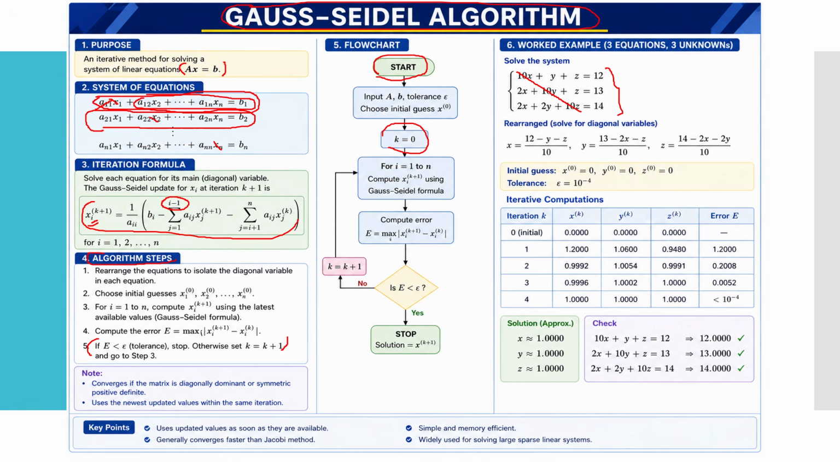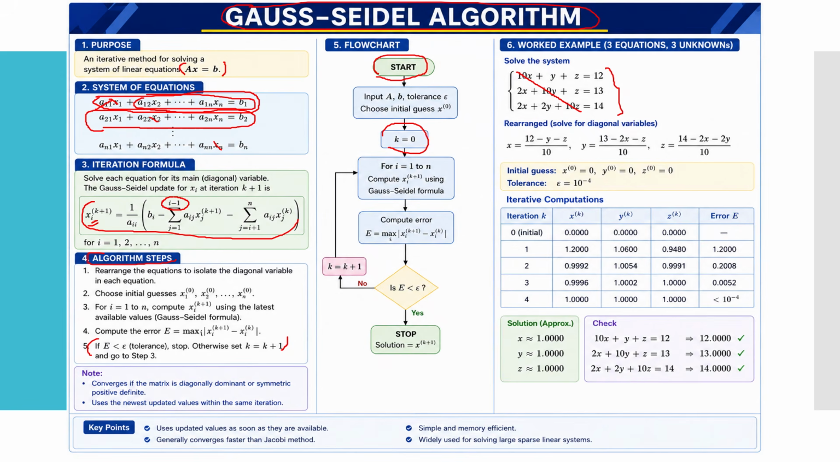So rearranging and solving for the diagonal variable, we put the diagonal variable as a function of another. For example, for x we can obtain 12 minus y minus z over 10. Again for y also the same, for z also the same. So we can put the initial guess. If we take a value of 0 for all, and the tolerance E is equal to 10 raised to minus 4,